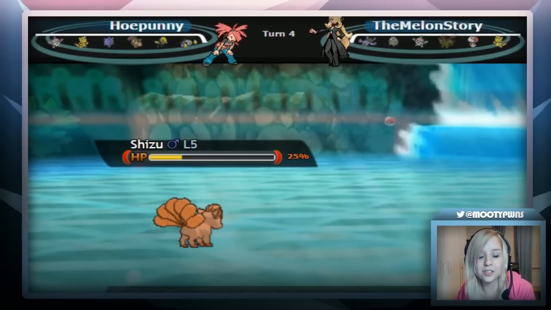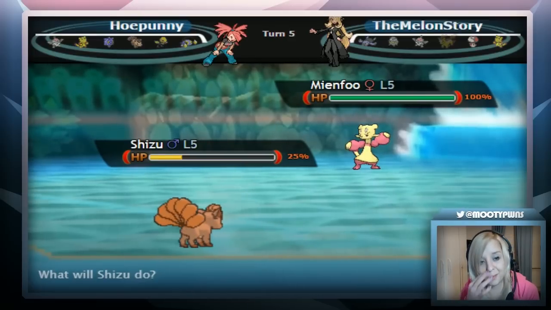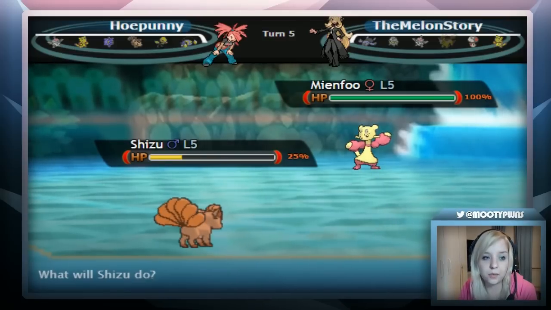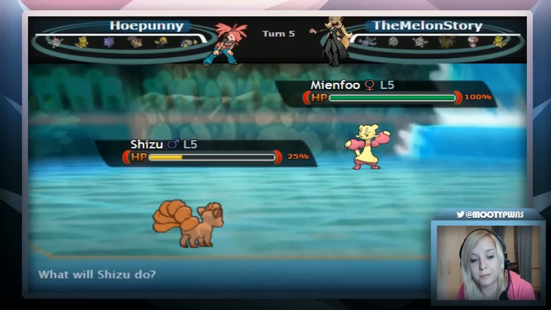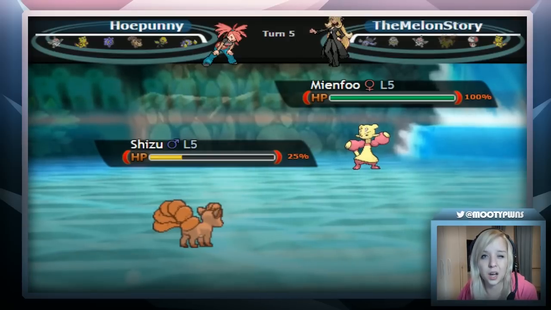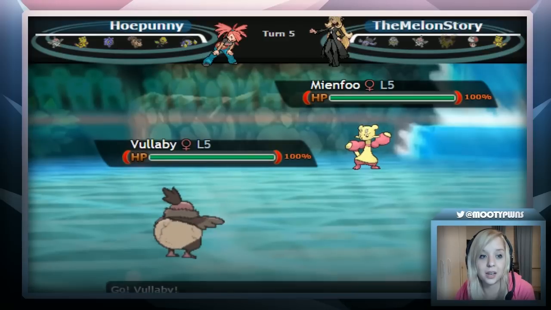Now, Bronzer is the only thing on my team that I'm really iffy with. Another thing that wouldn't mind taking Mienfoo hits is Volibee. So it really is a toss-up. If he goes for the Knock Off expecting the switch, Volibee is my best option, but if he goes for the Knock Off expecting the Bronzer, that's a problem. So Volibee is probably going to be my best option. I'm going to expect the Knock Off coming here because I do carry Heat Rock, which is only going to extend my...